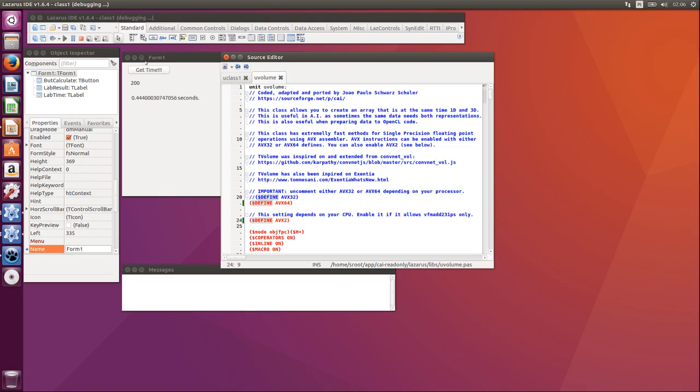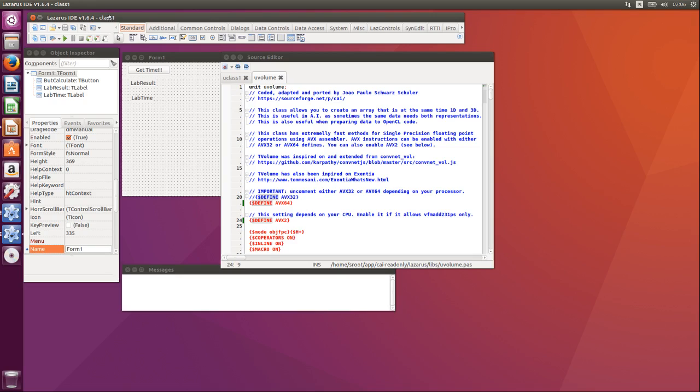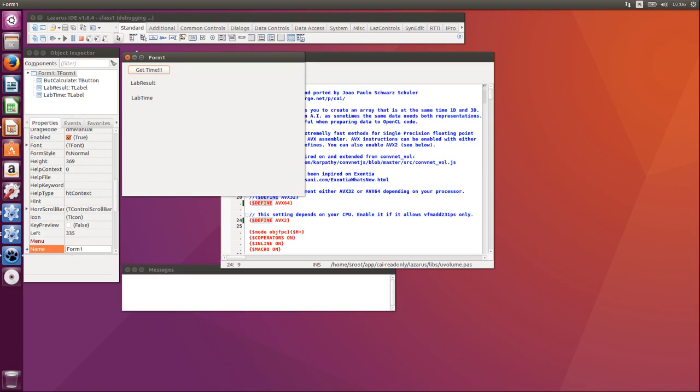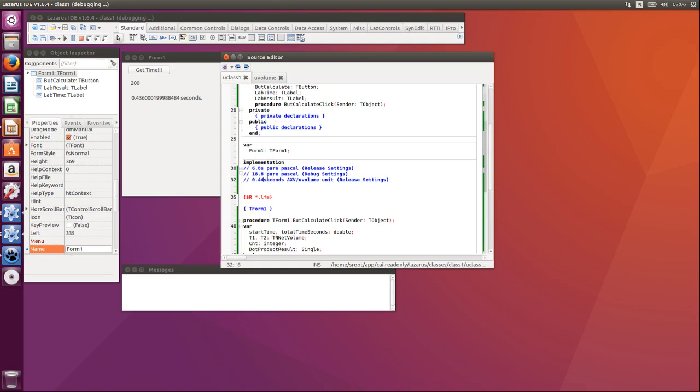Let's test again. So now we are running AVX2. I'll build again. Build. Let's see. 0.44. So not much difference in this machine. You should not take for granted the speed difference from one machine to the other. But as you can see here, the difference is impressive. To have an idea how many gigaflops we are getting,